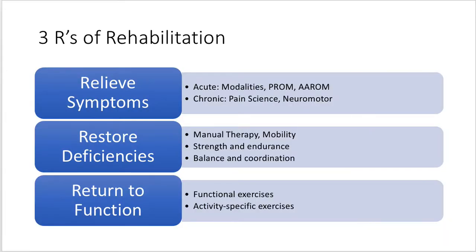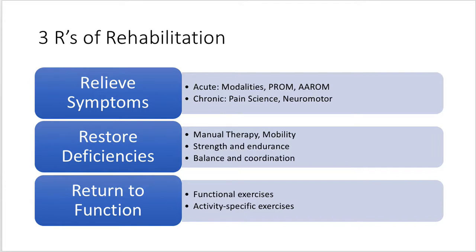There's a lot of different systems out there. So this one's called the 3 R's of rehab, which I really like because it's going to help you guys. First and foremost, if someone comes in with an acute injury or they want a solution, they're there because they want you to relieve their symptoms. They might not say pain. They might say achy. They might say burning. It might be because they've totally lost the ability to raise their arm.